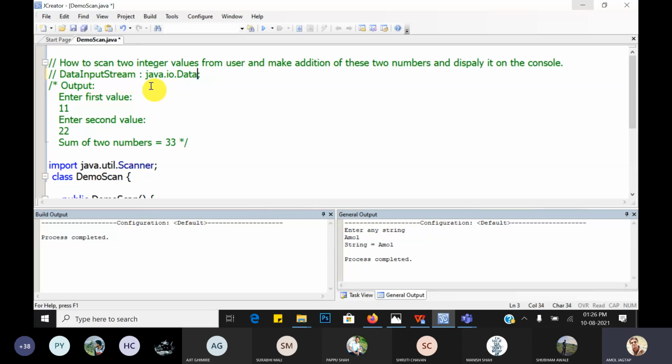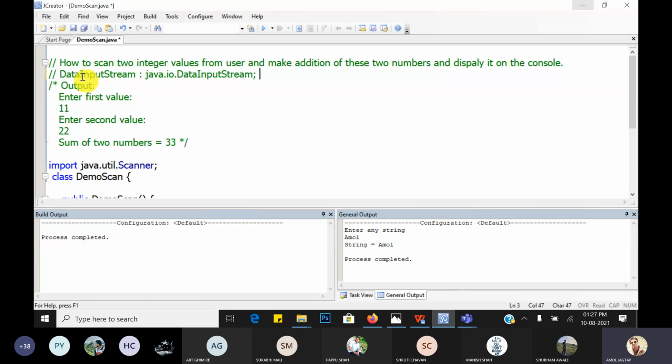Just observe that D, I and S are capital letters, as per the nomenclature of Java for giving names to classes, methods, objects or packages.